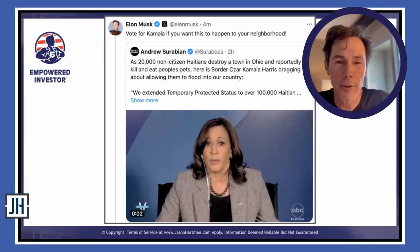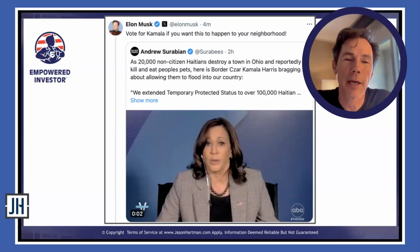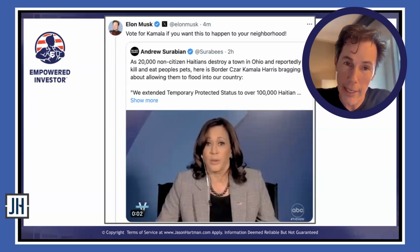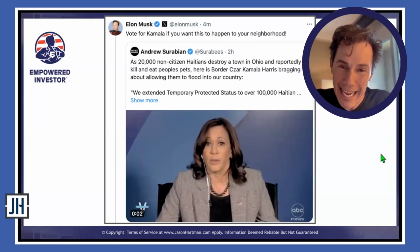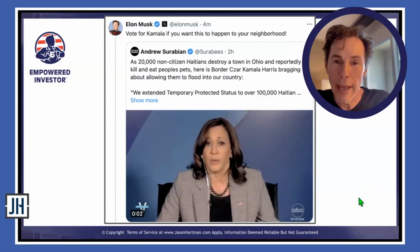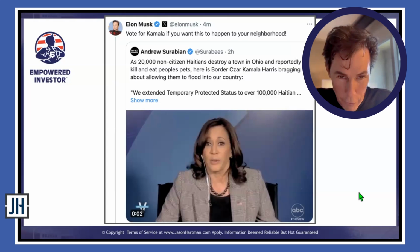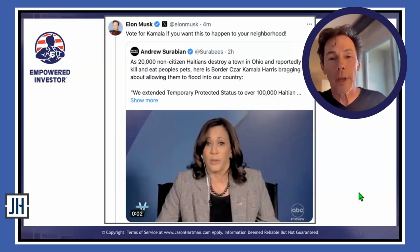So Elon Musk posted this on X, and he said, vote for Kamala if you want this to happen in your neighborhood. As 20,000 non-citizen Haitians destroy a town in Ohio and reportedly kill and eat people's pets. Here is the border czar, Kamala Harris, bragging about allowing them to flood into our country. Quote, we extended temporary protected status to over